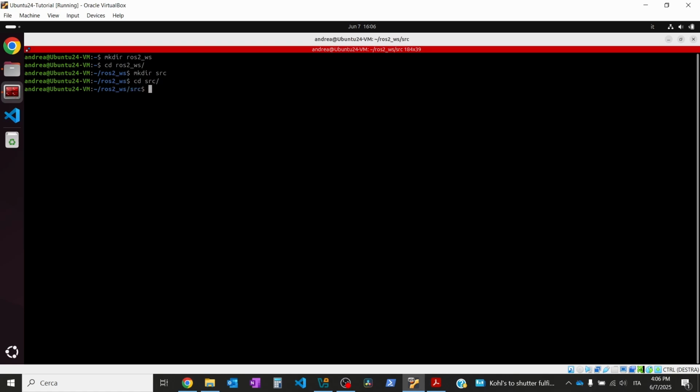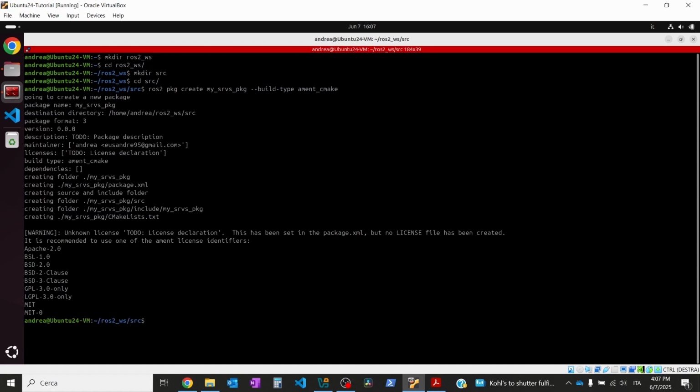Next, we'll create a new package to hold our custom service definition. To do that, run ros2 pkg create myservices_package --build-type ament_cmake. This creates a package named myservices_package with the build type set to CMake, which is required for defining custom